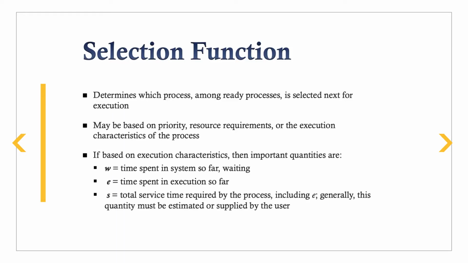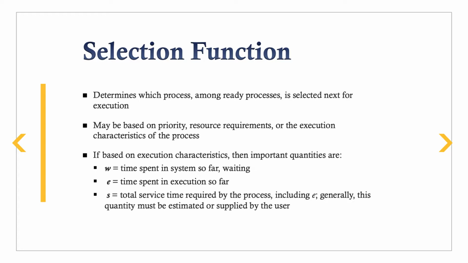But before we get into those, let's talk about a little bit of terminology that we're going to need moving forward. We've got a selection function, and this is what determines which process out of all the ready processes is selected next for execution. So this is where we talk about what the dispatcher's doing. It's going to run some kind of selection function that, out of the pool of processes in the ready state, decides which one it is going to actually put onto the CPU next. That could be based on priority, resource requirements, execution characteristics,